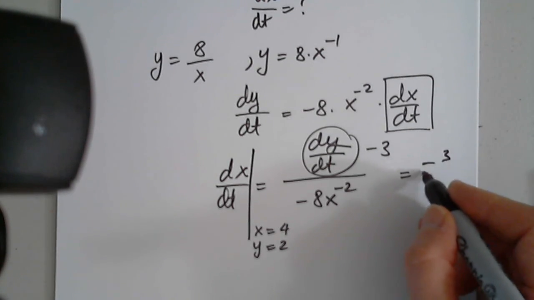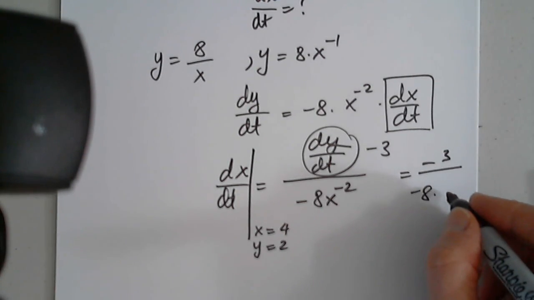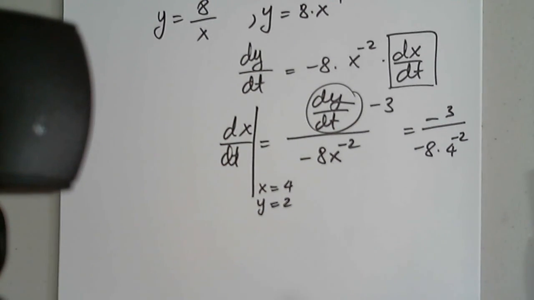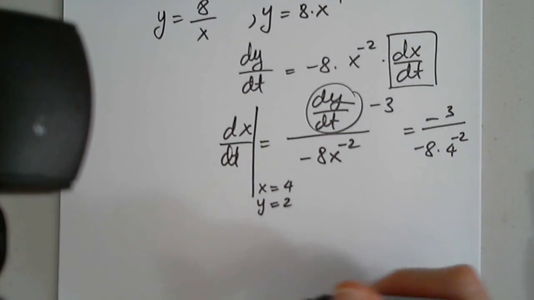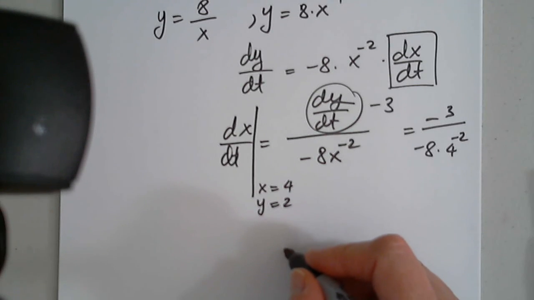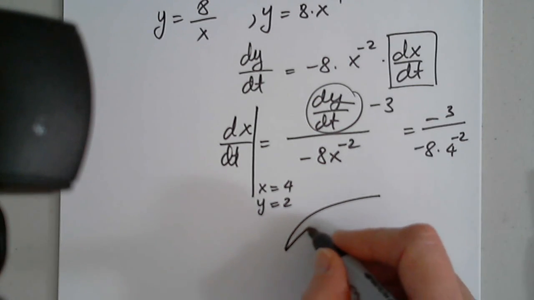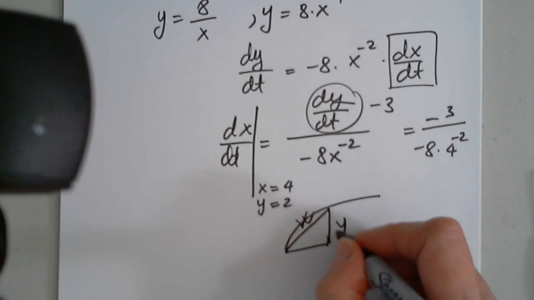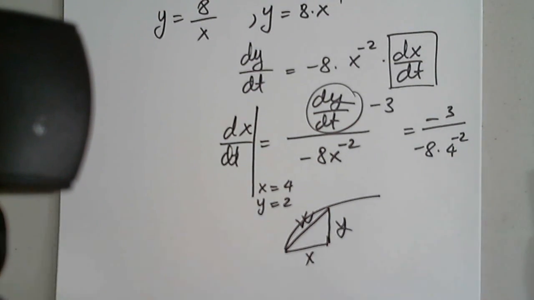So -3 divided by -8 times 4 to the -2, and you get the answer. I think what you are experiencing is you have to find this, right? So this is your w, this is your y, and this is your x, and you have the Pythagorean theorem, if that's what you're asking. And there is only one way to get that. All right, so the first way that I try to do it is